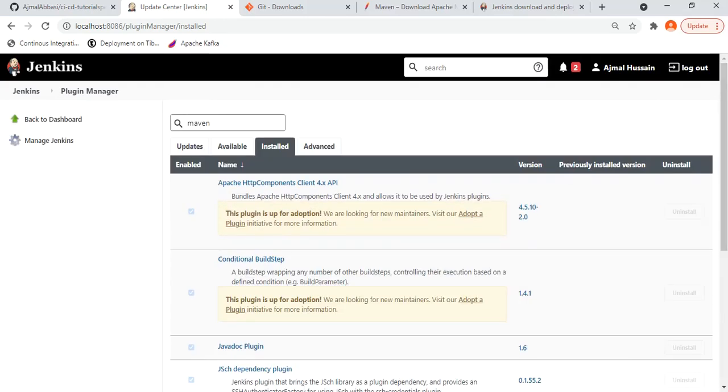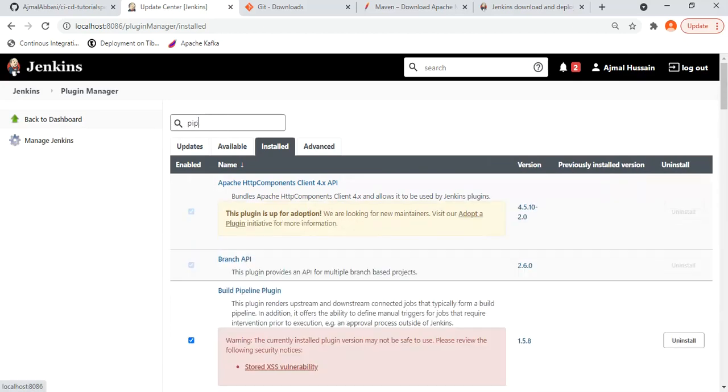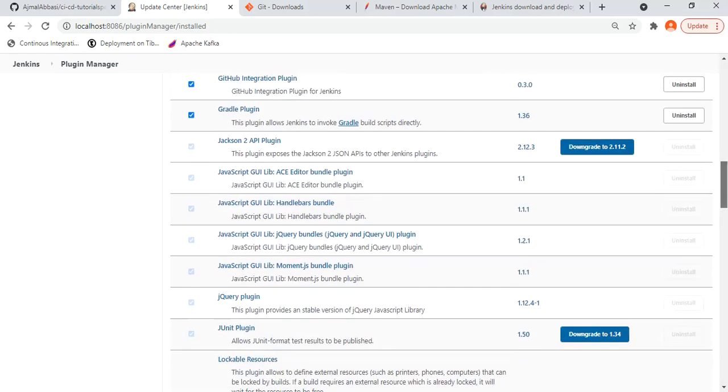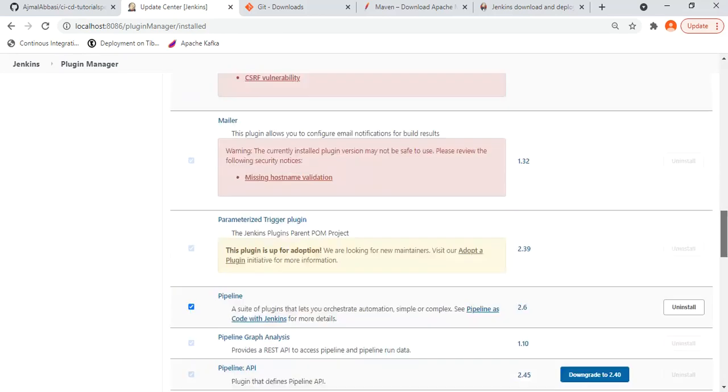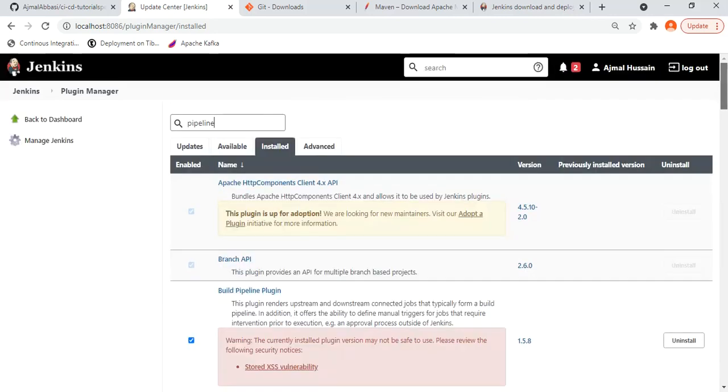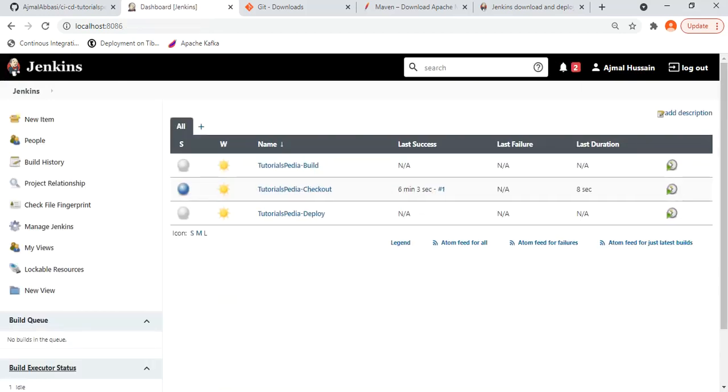And if I go for pipeline integration plugin, you will see that the pipeline integration plugin should also be installed already. We can see it is already installed. So in your case, make sure that you install all these plugins, only then proceed with creation of your required